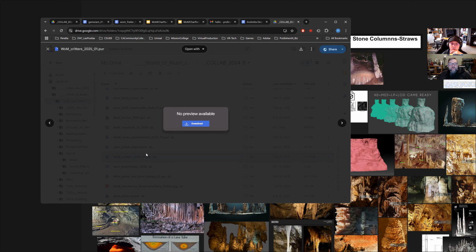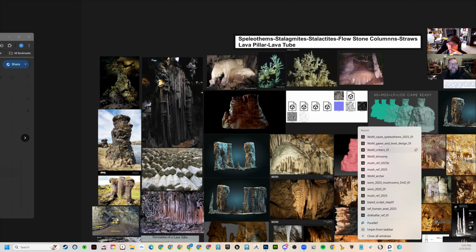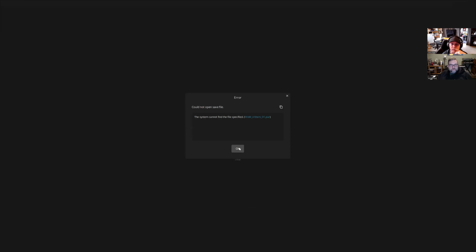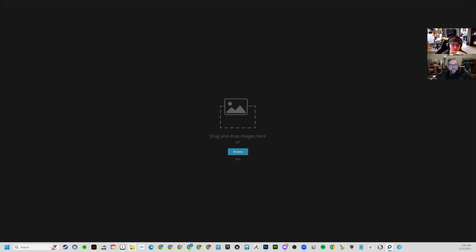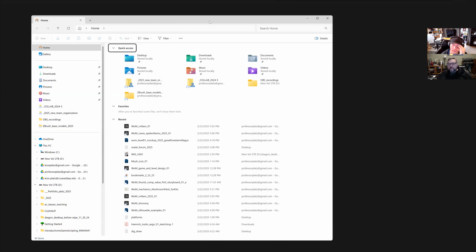The critters for brainstorm would be a good one too for some challenges and bad guys. So let's see, this one opens. No, okay, let me go find it. Lots of exoskeletal, subterranean, mixed. We want all the creatures, just like the foliage and plants and fungus, to be otherworldly.